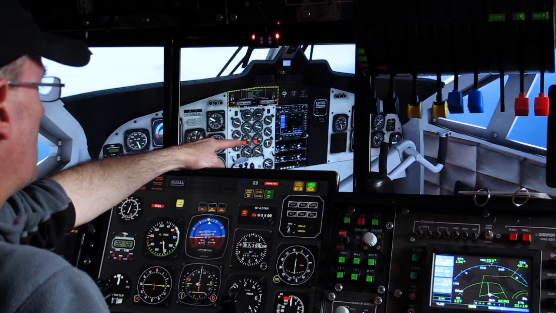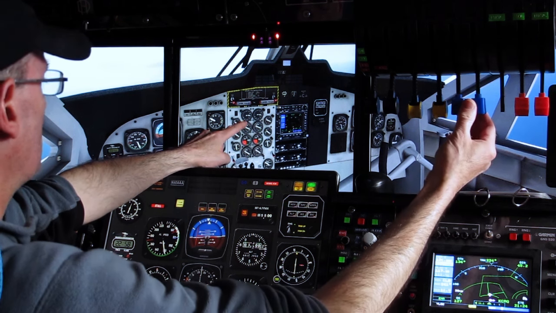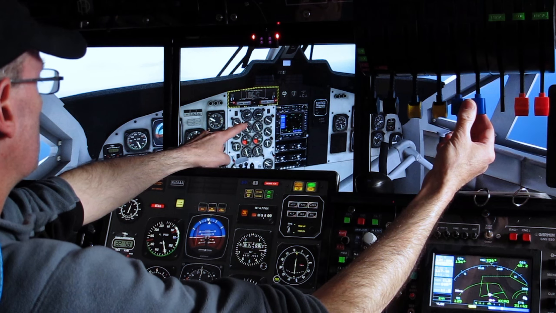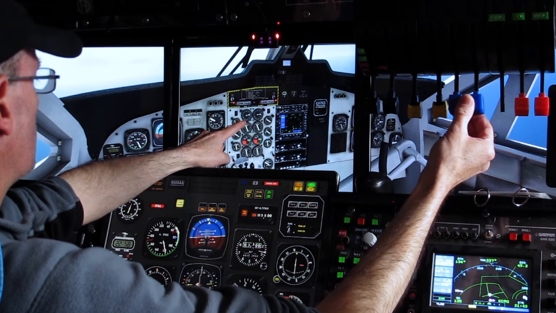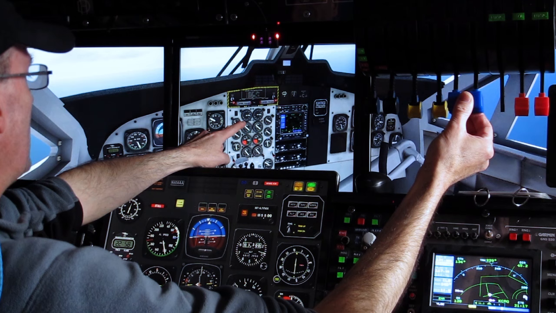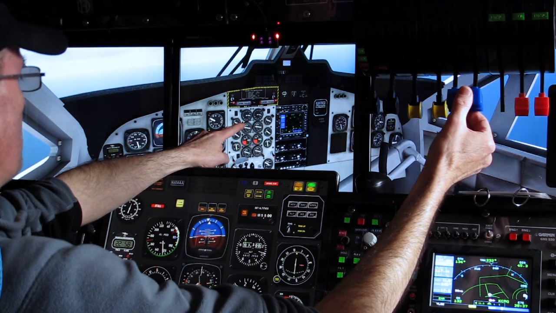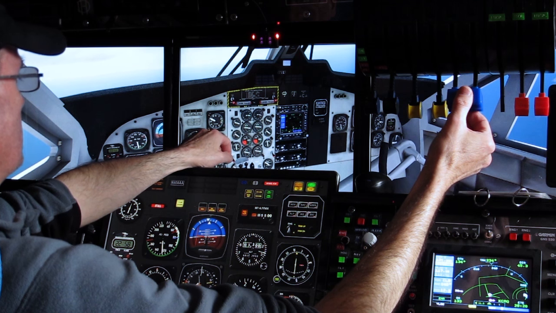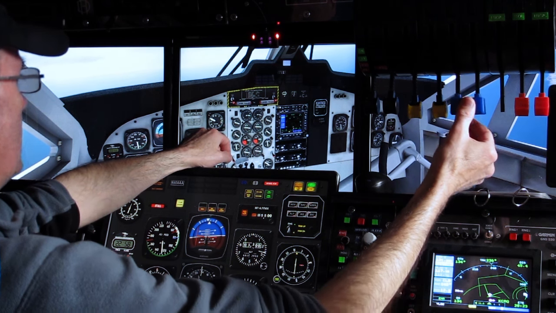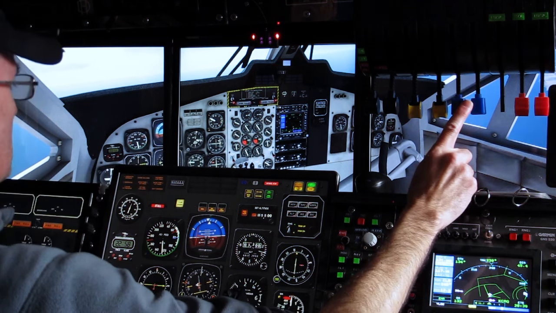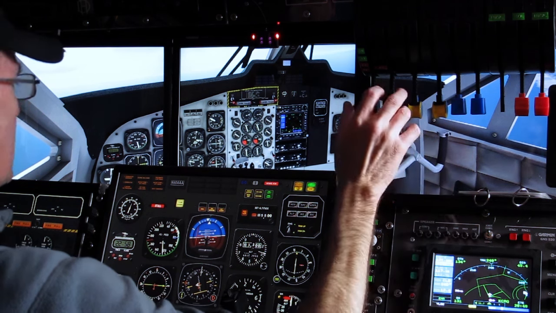We're changing the pitch of the propellers. What you should have seen is the torque should have gone up when I did that, so it's gone back down. Torque comes up because the props are biting into the air harder. So if we go back to fine pitch again,